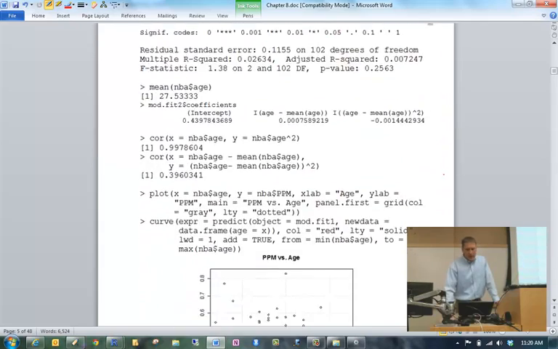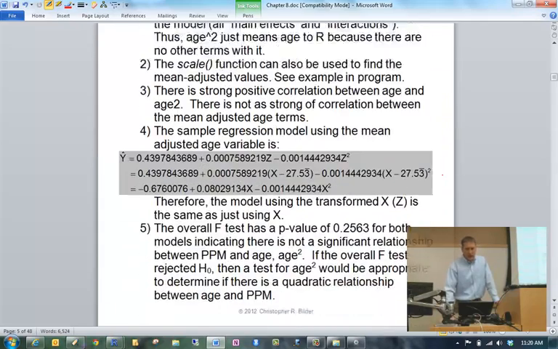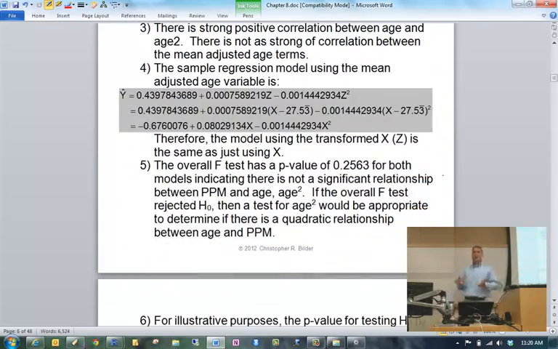Now let me jump ahead to page 8.6. Now you might be wondering, well, do interpretations change now with the transformed variable versus the non-transformed variable? And the answer is no. Here's why. It's exactly the same model, just written a different way. So here's my model written in terms of the z's. Now let's actually put in what the z's are: x minus the mean of the x's, which is 27.53.